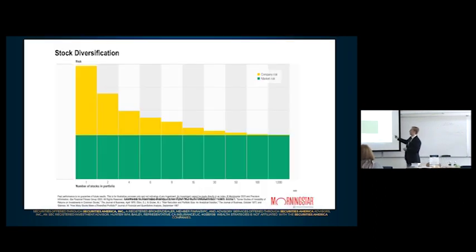And you can see here basically what I'm talking about, where you will have two different colors. The top is your company risk, and the bottom is market risk. No matter how many stocks we have, the market risk stays the same, because it's the same kind of asset, the same level of risk for the same level of return. So we're taking on the same level of risk dollars-wise in terms of the market, but you'll notice that the top company risk is highest with one individual stock and dwindles down to almost unnoticeable with 1,000 stocks